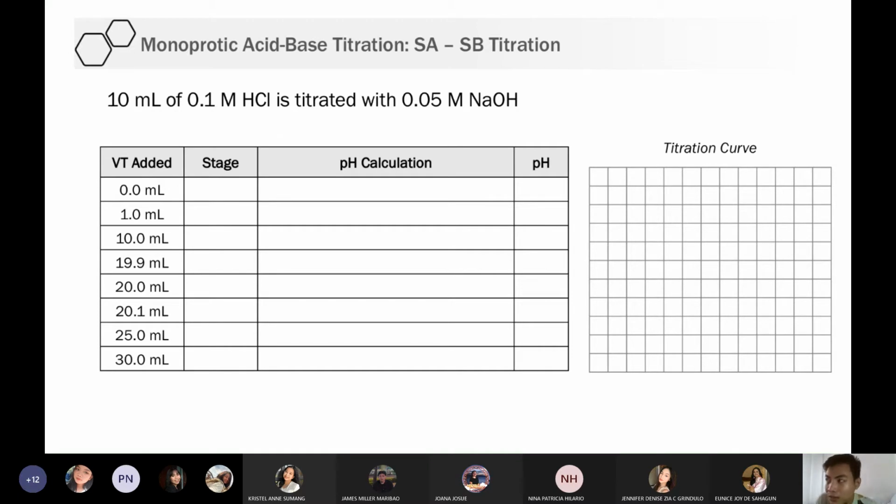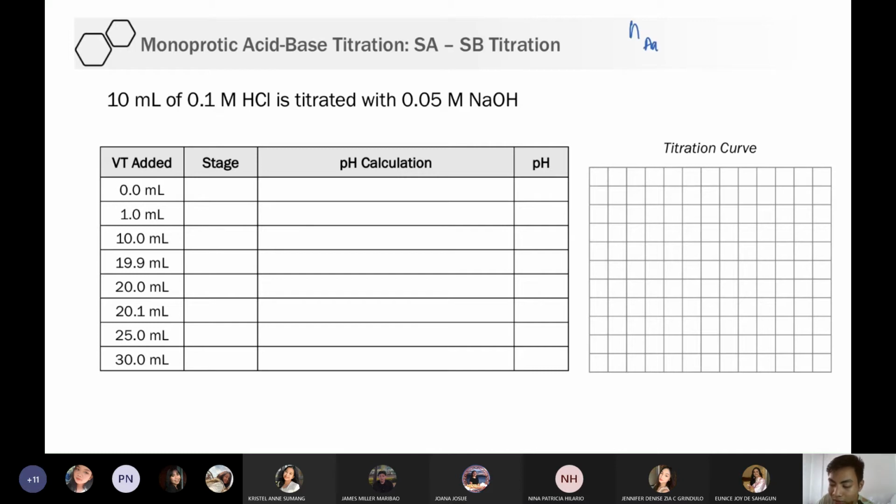Okay. So, ayan, given the info, we have 10 ml of 0.1 HCl that is titrated with 0.05 molar sodium hydroxide. The volume are given. Okay. So, ano gagawin mo kapag nakakita ka ng ganyan? Huwag ka iiyak. No? Ang gagawin mo, hanapin mo yung volume of titrant at equivalence point. What is the equation to be used? When you are looking for the volume titrant at equivalence point, you use the equation mole analyte